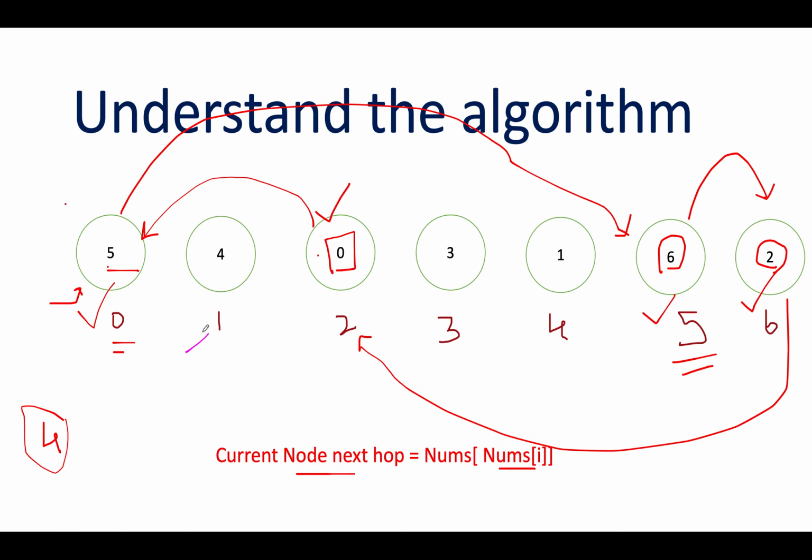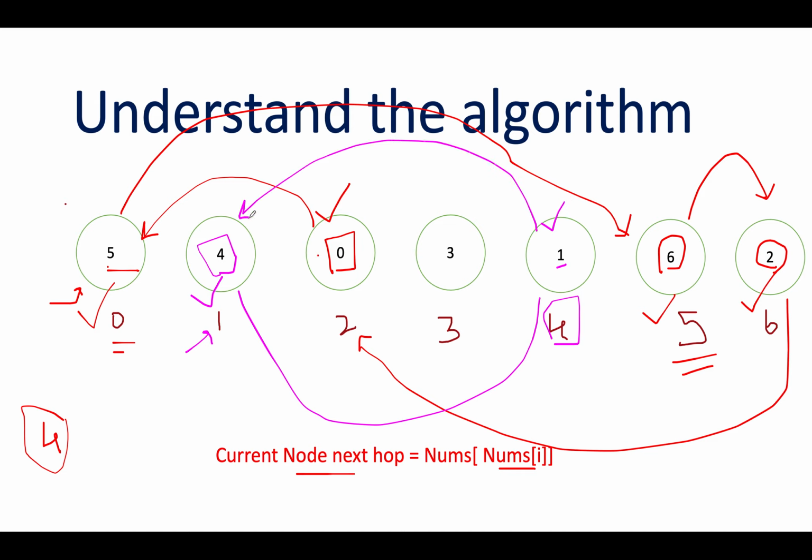Next we have 1, and at 1, what is the element held? The value held is 4. So you'll move to 4 and mark this as visited. And at 4, what is the value held? The value held is 1. So first thing that you're going to do is to mark this as visited, and you'll move back to 1, and again you will observe that 1 is already visited. That means the cycle is formed and the loop is aborted. The number of elements in this particular loop is 2, so this is lower than 4, so we'll ignore this value. Let's continue the process.